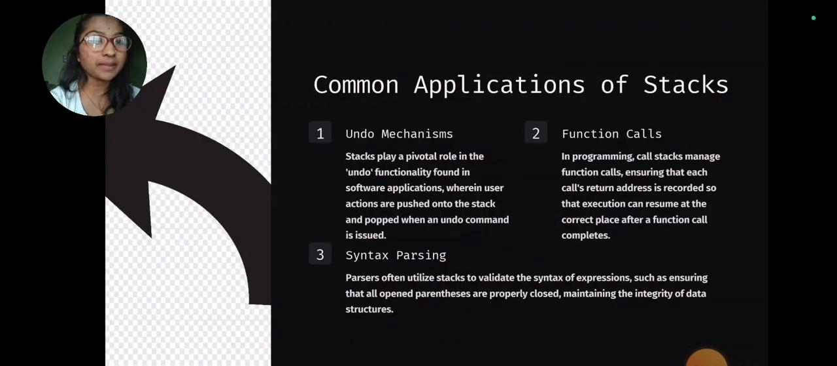Common applications of stacks. Undo mechanisms. Stack plays a pivotal role in the undo functionality found in software applications, wherein users' actions are pushed onto the stack and popped when an undo command is issued. Function calls. In programming, call stacks manage function calls,